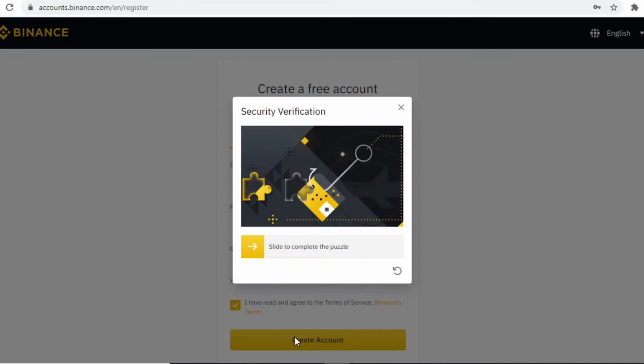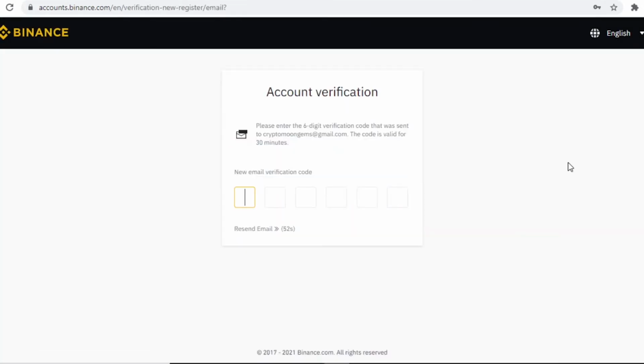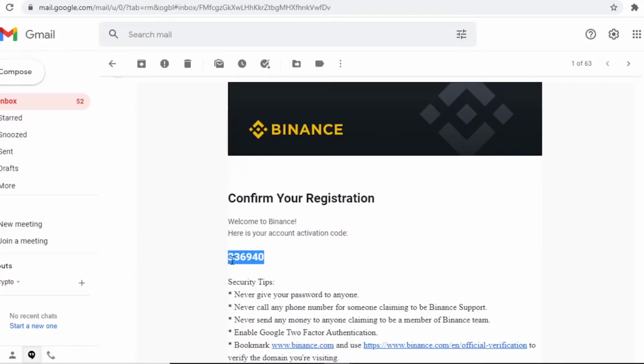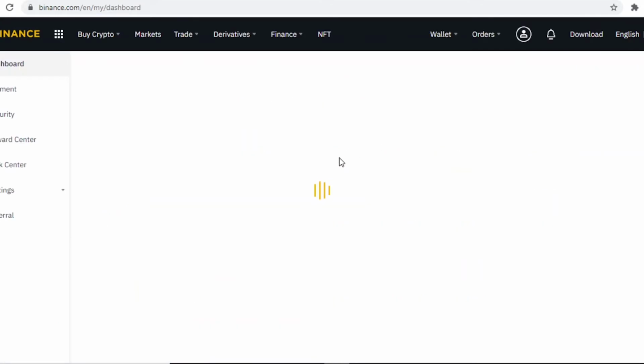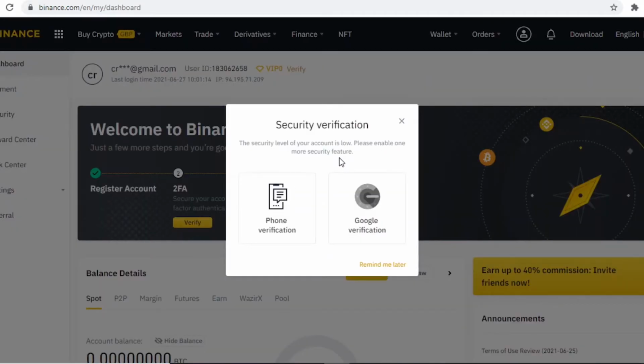You will then need to drag this little puzzle piece to prove that you're human. You will then need to verify your email address and copy and paste a code they send to the email you registered with. Next, you'll be prompted to enable 2FA, which is two-factor authentication, as I highly recommend,